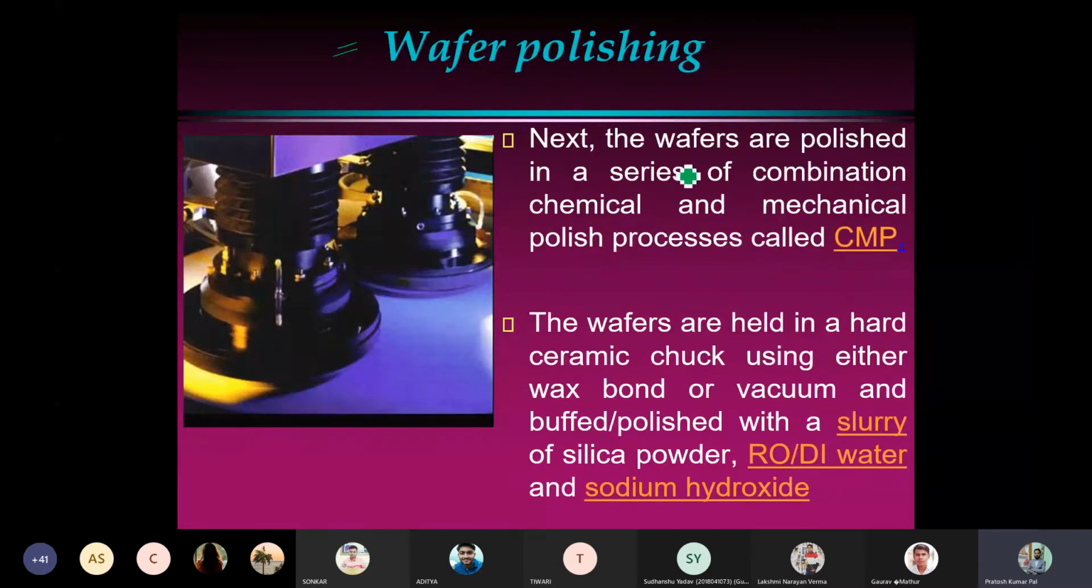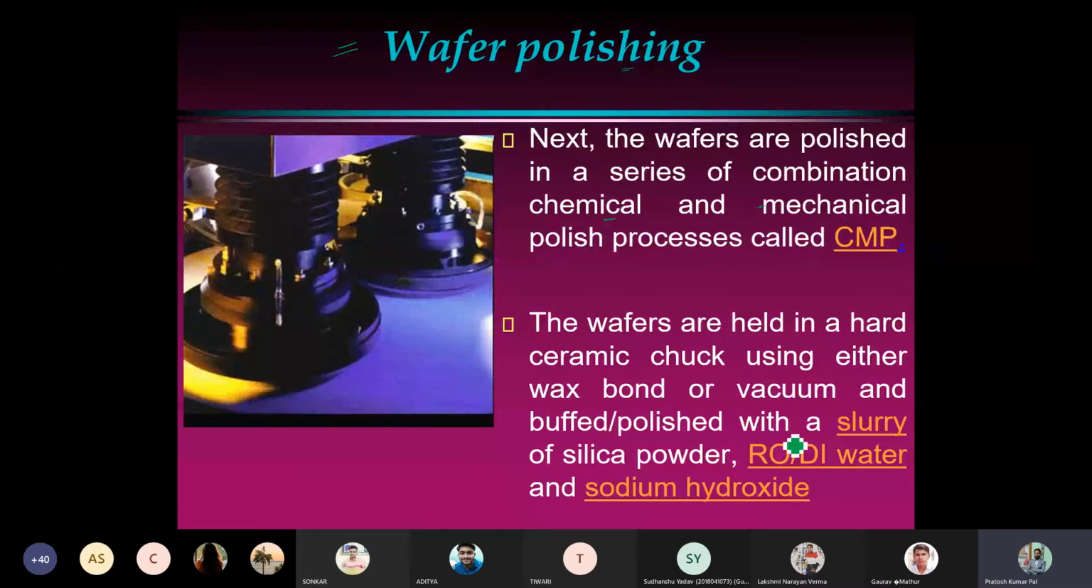Okay. The wafers are held in a hard ceramic chuck using either a wax bond or vacuum. So it could be by using wax bond or by using vacuum. We will be holding the wafer and polishing with a slurry of silica powder. So the silica powder will be a semi-liquid similar to the aluminum oxide we used in the previous step. So silica powder will be used to just polish our wafer surface, and then after polishing,